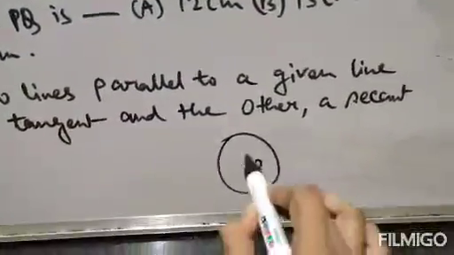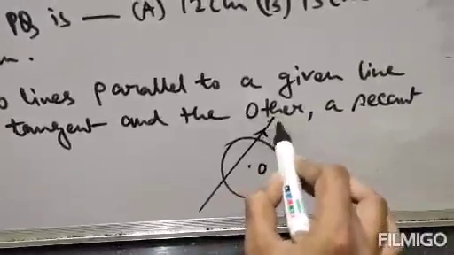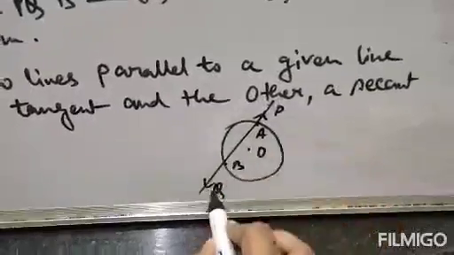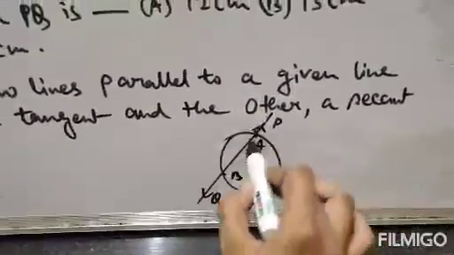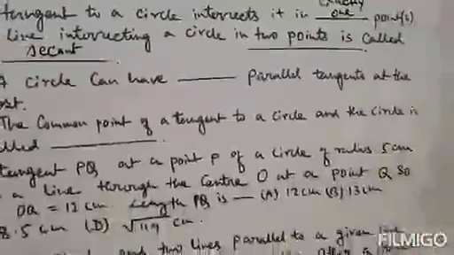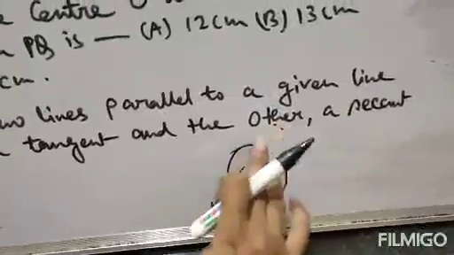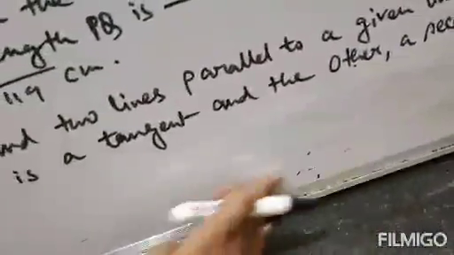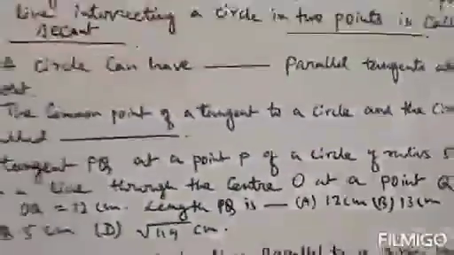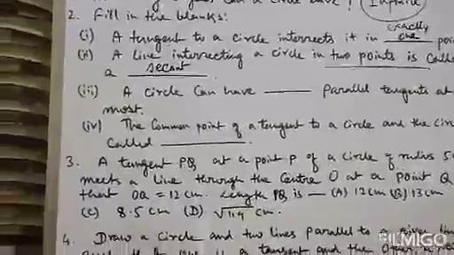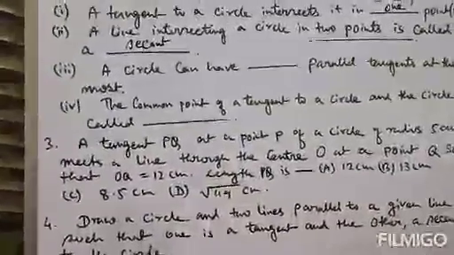Because what was the secant? If this is the circle, and this is the center of the circle, there is the line segment PQ, it is intersecting at point A and point B. So the line segment PQ intersects the circle at 2 points. So there are 2 common points A and B, which is called a secant. So if the number of intersecting points is 2, the line segment will be a secant. If the number of intersecting points is 1, that will be termed a tangent, and if there is no intersecting point, that will be termed a non-intersecting line.